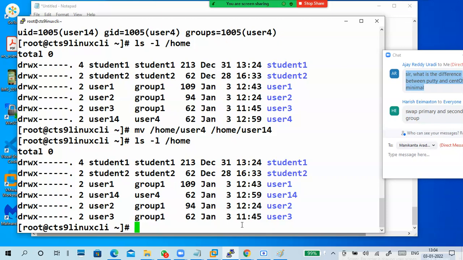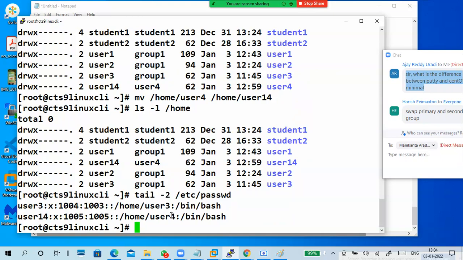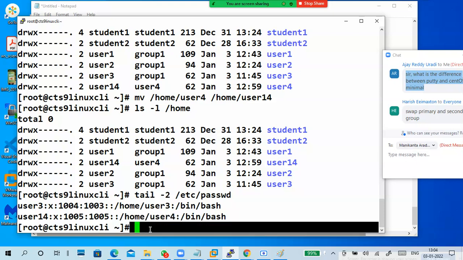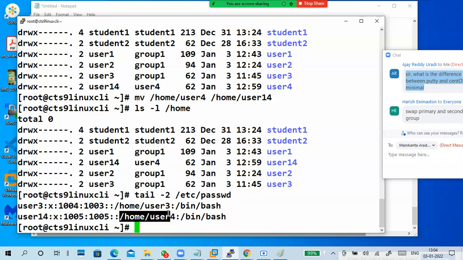So I renamed it, and it became user14. But there is another problem. You changed it, but it is not changed in the passwd file. The original folder name is changed, but in the passwd file it is not. I have to change this also.